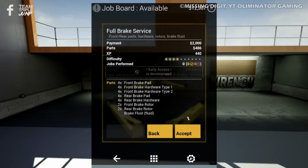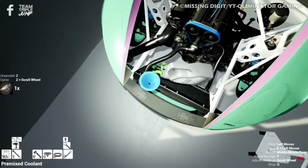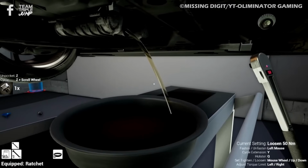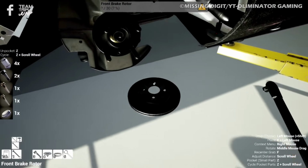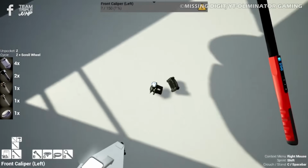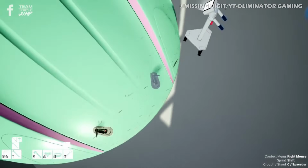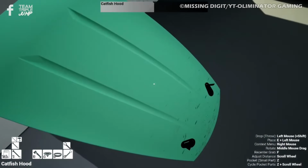Over the course of the game, players will not only complete jobs for a variety of clients, earning XP and money for further endeavours, but will be able to build and maintain their own personal vehicles as well. These will develop problems over time, which will then have to be assessed and diagnosed based on correctly identifying what exactly the issue is. If you want to get even more immersed in this ultimate motorsports enthusiast's game, there is